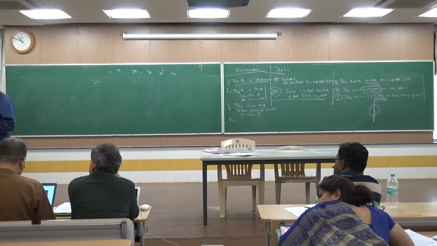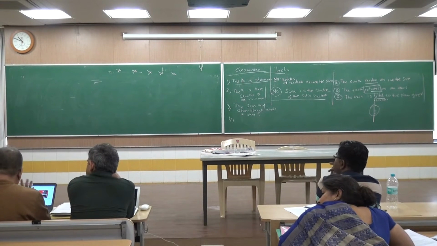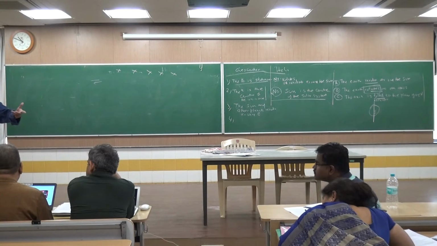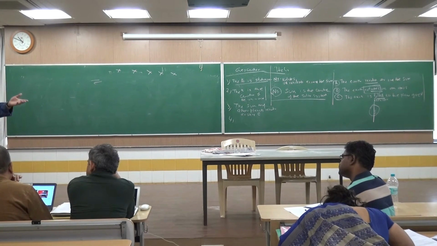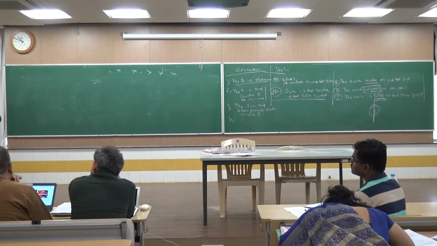Pardon me? Is this what is called an exposition? What I am doing right now is an exposition. Because I am not getting you to do any activities, right? I don't think in some cases I might be able to do activities. For example, if it is day and night and doing heliocentric and geocentric, I can do the activity. But when it comes to planetary motion, it has to be exposition. They will not be able to invent this.